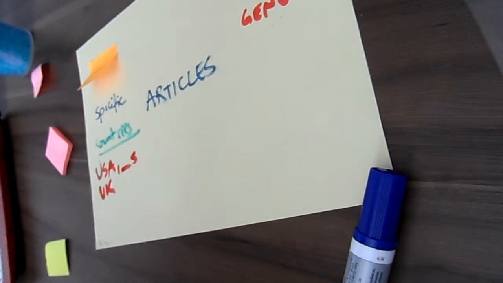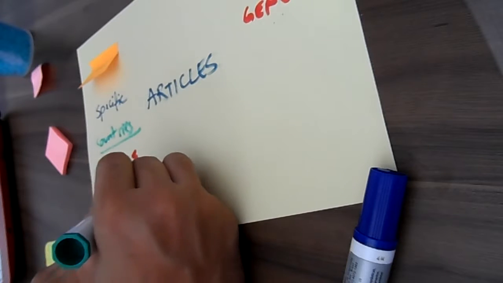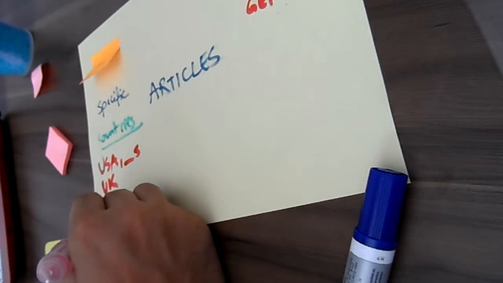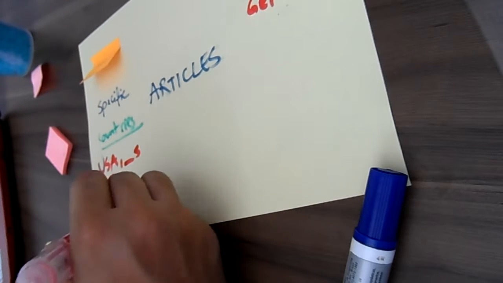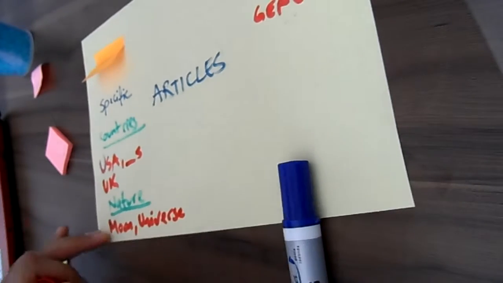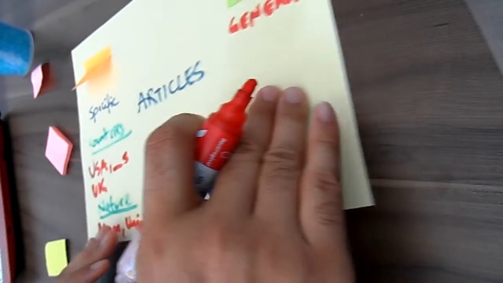Also, you have to remember specific things of nature, unique things in nature. For example, the moon, the sun, right? So, the moon, the universe, the sun. Anything that is unique in nature, you can say that we have to use the definite article, okay?